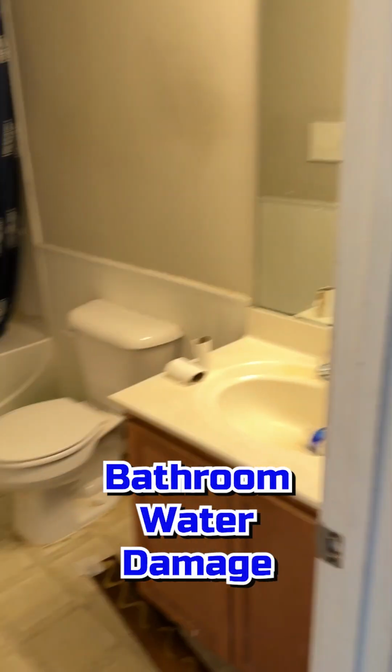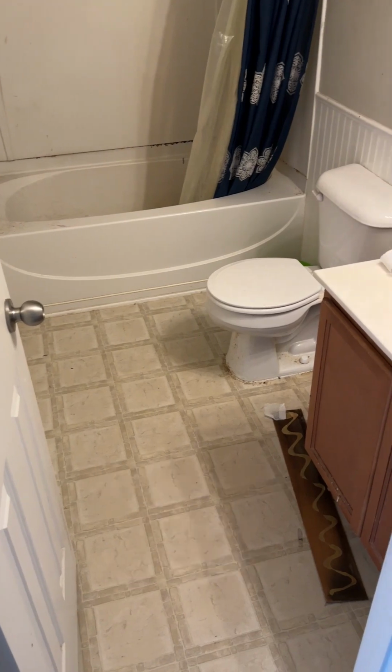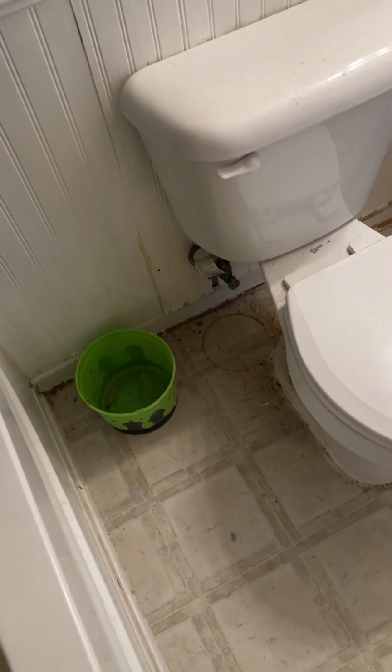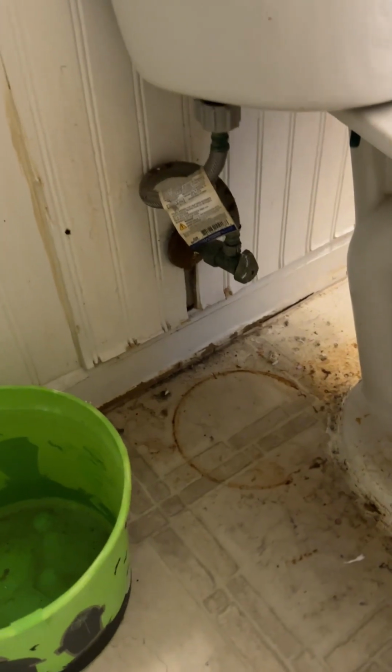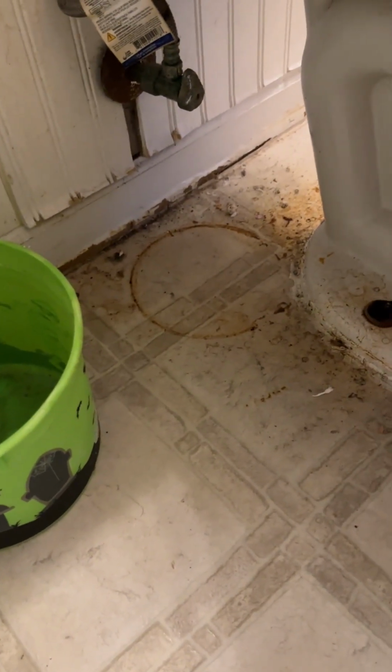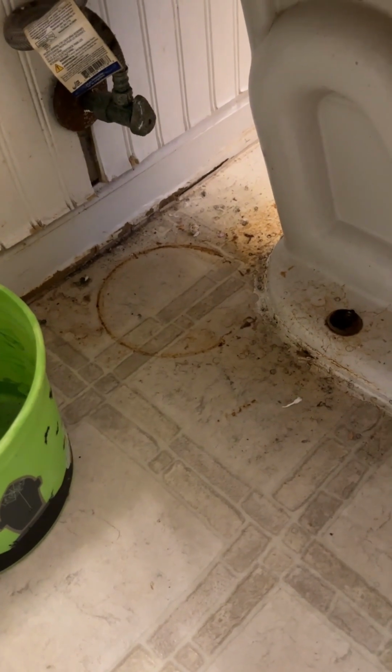Okay, this bathroom's in bad shape. This bathroom had some issues with leaking. So come over here, we'll see, first of all, the shower was probably never cleaned, very dirty. But over here, the toilet, we've got a pretty major issue going on with a leak. The water supply line had been leaking for some time, enough to the point where they put the bucket there. You can see the ring on the floor that shows that bucket was there for a long period